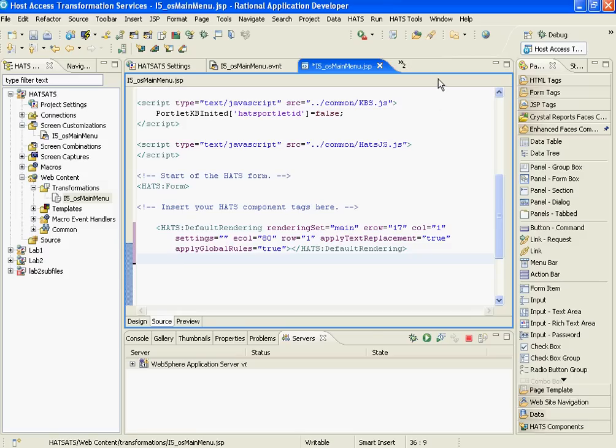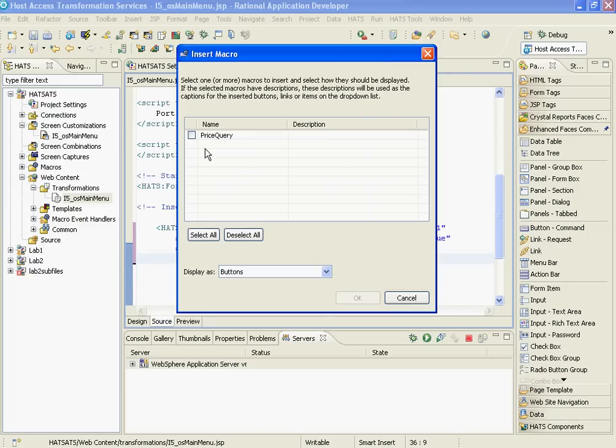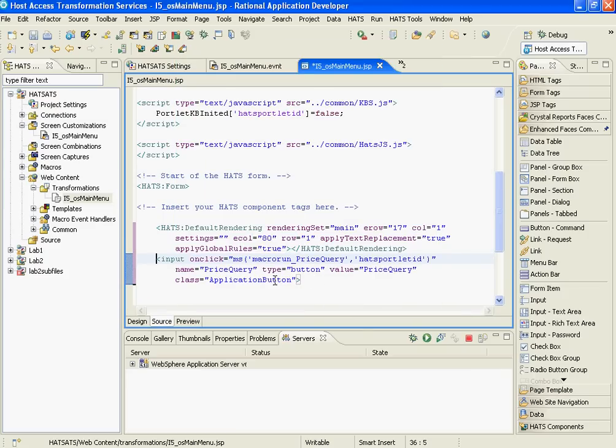So in order to do that, we're going to do HATS insert macro key. As you can see, our macro is already there. We'll choose that, and we have a bunch of different options we can choose. We're going to use button for this one. Click OK, and there it is. That is the macro. If you recognize the HTML and the JavaScript here,